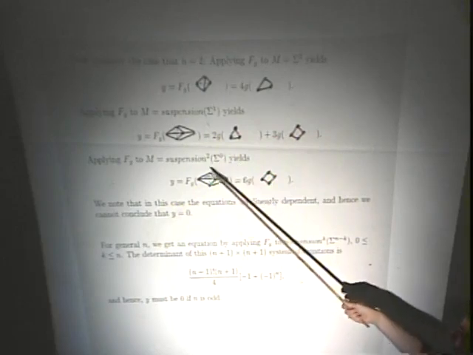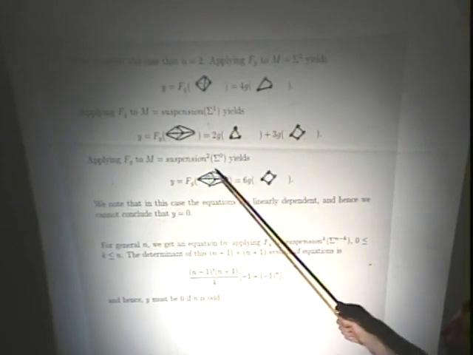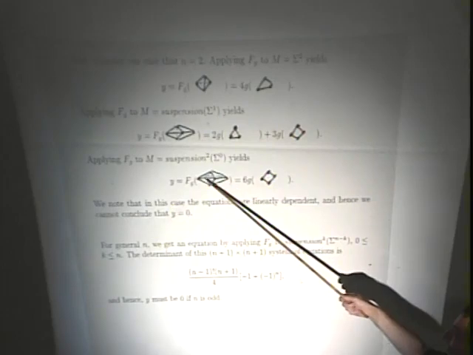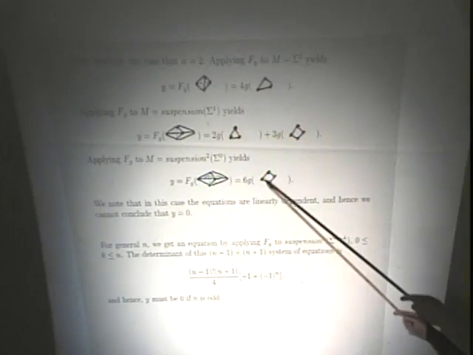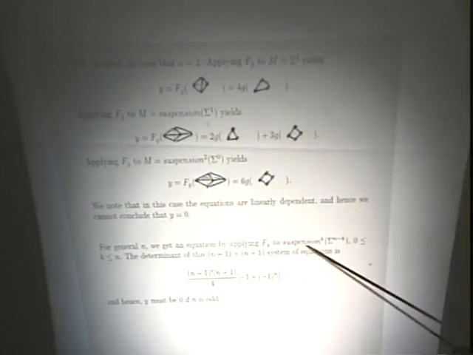And then the last one I want to look at is the double suspension of a 0 sphere. So I start with 2 points, and then I suspend that to get a square, and then I suspend that, right, to get this shape. And so there are 6 vertices, and the link of each of the vertices is a square. So I get this set of 3 equations and 3 unknowns. But in this case, the equations are linearly dependent, right? And so I can't conclude that it's assigning the number 0 to every 2 sphere, fortunately. And you can do this for every n and write down this system of equations where you get an equation for every way you can suspend an n minus k sphere k times.